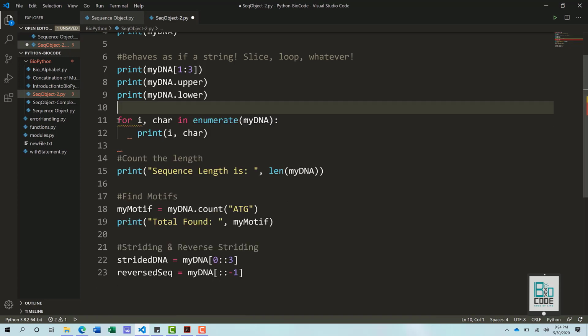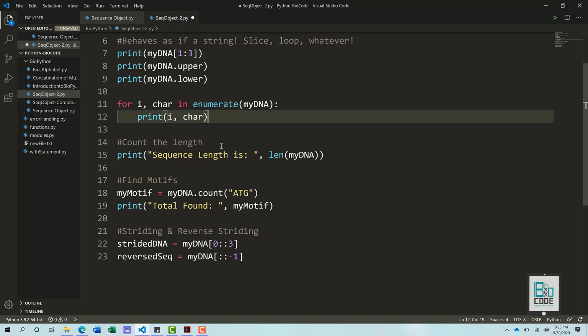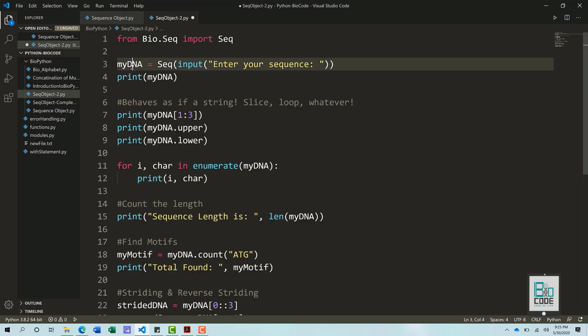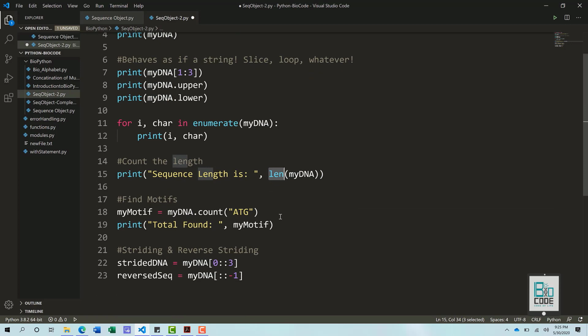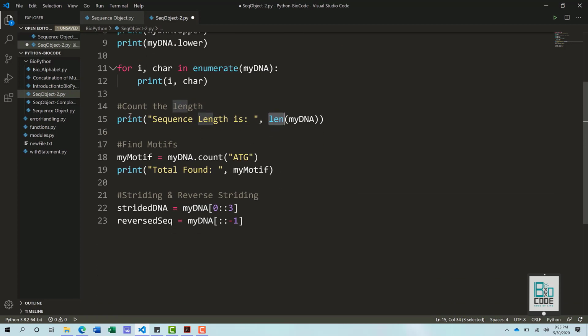Since we are looping over the sequence with enumeration, the counted value goes to the i variable, and the actual character within the string goes to the char variable, and both are printed. After the loop, we can count the entire length of the sequence object, my DNA, by passing it into the length function as a parameter, and the length will be calculated and printed out.